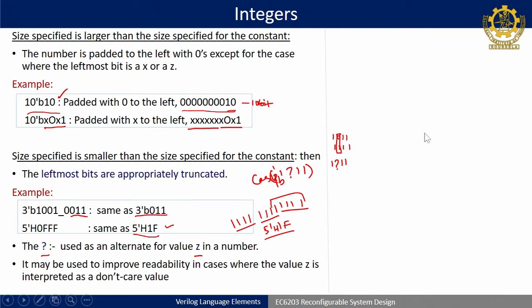So, the tool or simulator will search that bit while ignoring it, and the rest of the bits should be 1 1 1. Okay. So, we will see this example in the case construct in behavioral modeling.